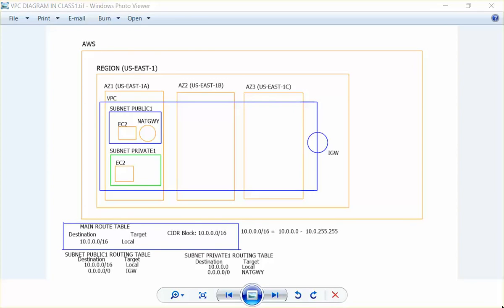The objective of this video is to be able to create a VPC. As you can see, this is AWS, and we're showing a specific region. This region in particular is US East 1, the one located in Northern Virginia. As you know,